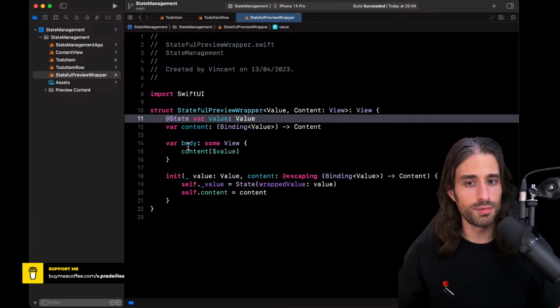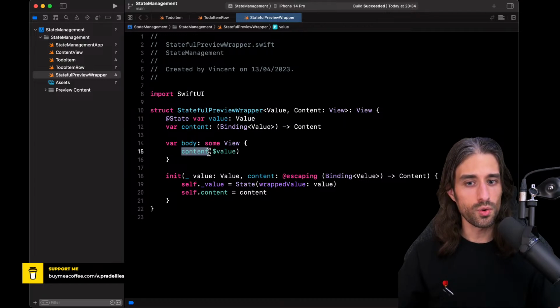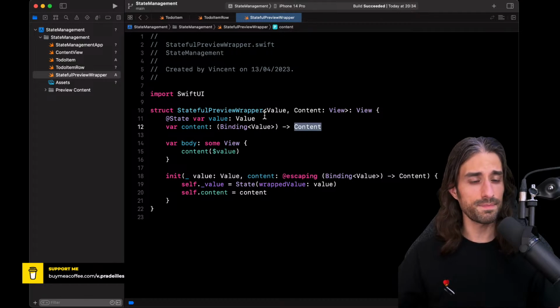And then in its body, it just calls the content and provides it a binding to the value. And you can see that the content is a closure that takes a binding to the value and returns some view.